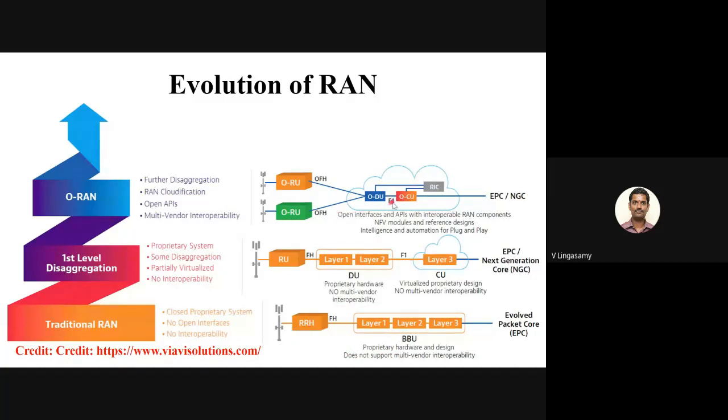What they are doing is, for example, if this guy is not delivering properly, then they can go with the other DU vendor. If this guy is not properly delivering, they will go to the other RU vendor. So all will be compliant. These interfaces are standardized interfaces, so it is not open interface basically. Therefore, this radio unit will comply with this fronthaul interface. This ODU will comply with both the fronthaul as well as the F1 interface. Therefore, you can integrate, we can say interoperability will be ensured, so that it will be made available for the